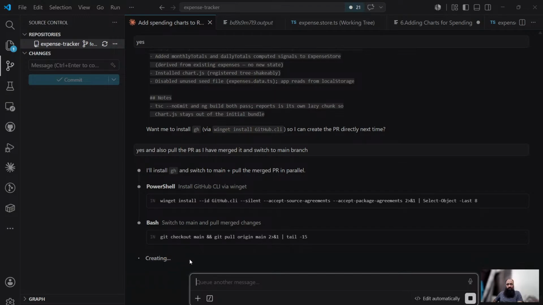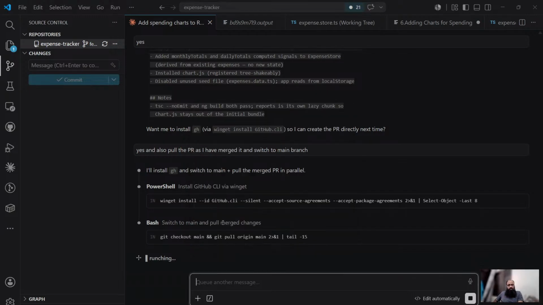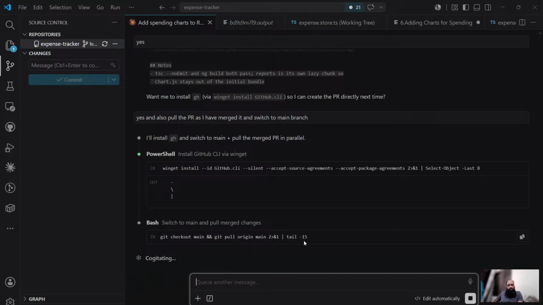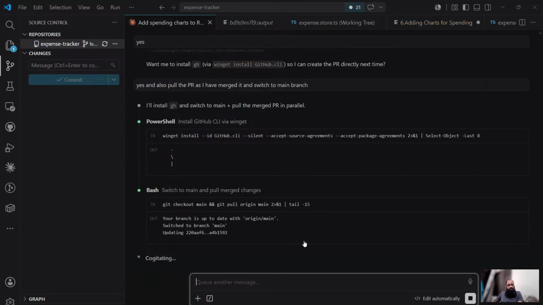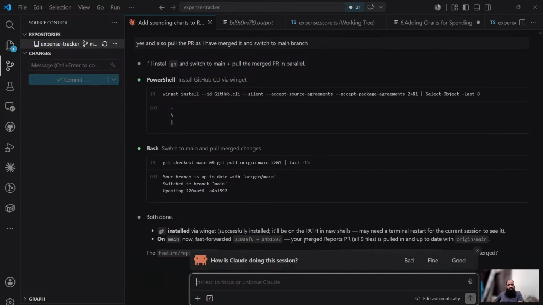It's taking a while, so bear with me. So it wants me to do that. It's going to install the GitHub CLI, which it has installed. And the second thing is going to define